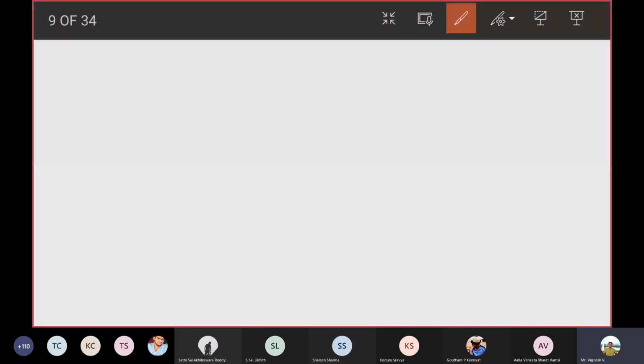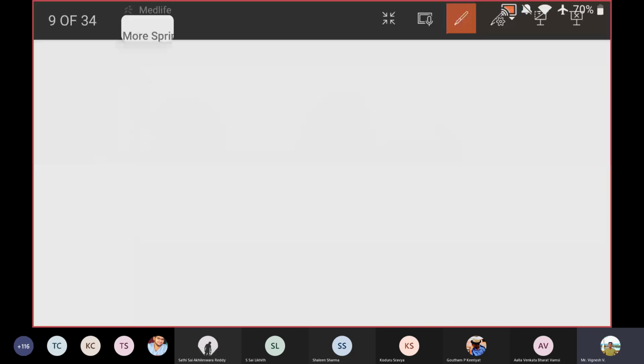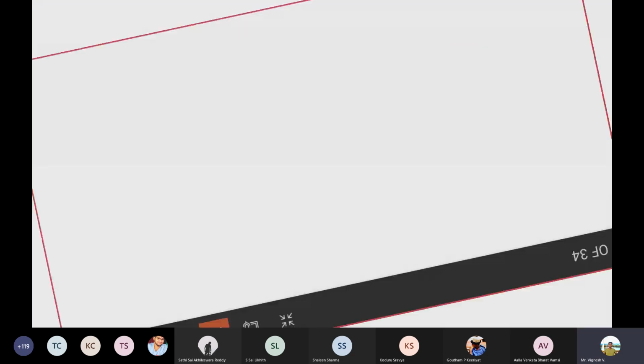We know how a half-wave rectifier output waveform should look like, right? It should look something like this. We know that, right? If it looks like this and you are happy, that doesn't necessarily mean that you have successfully designed a good circuit. There will be parameters associated with every circuit. For example, for a half-wave rectifier, there are certain parameters which are very important to know if your circuit design is good or not.